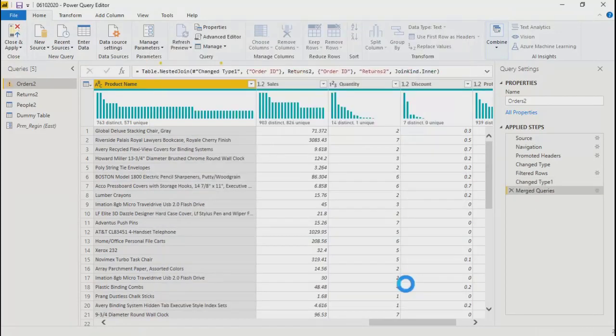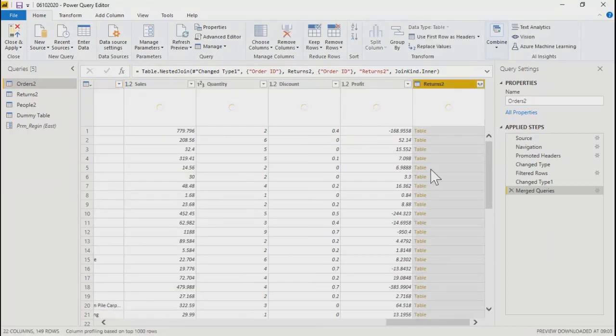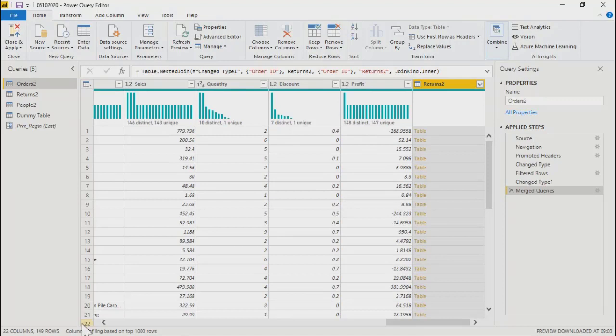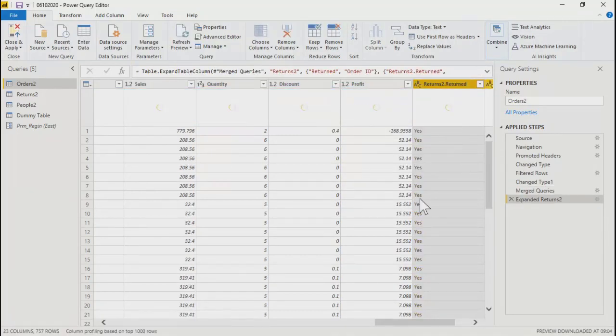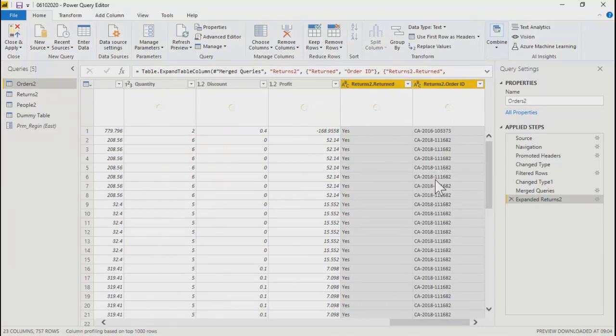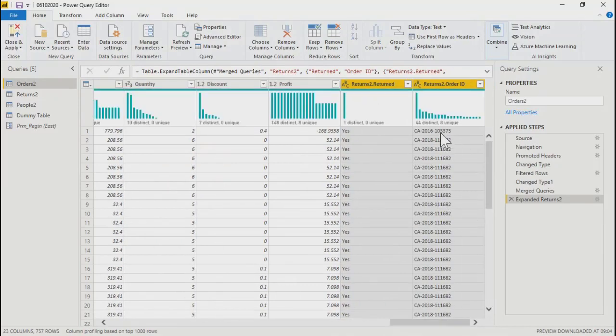So I'll say yes, and you'll see it has joined those records and it is giving you 149 rows. If you click here, because it has joined the other table, you'll see those individual records. See, just two fields coming from another data set.